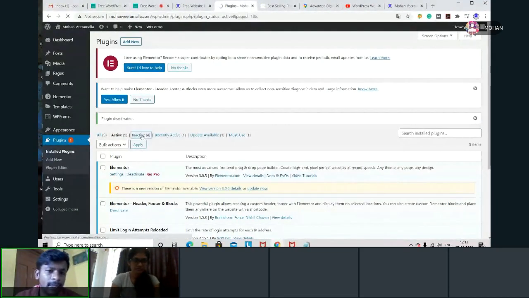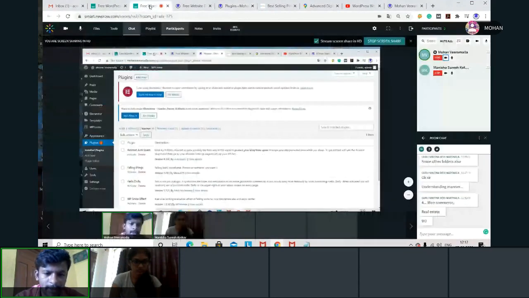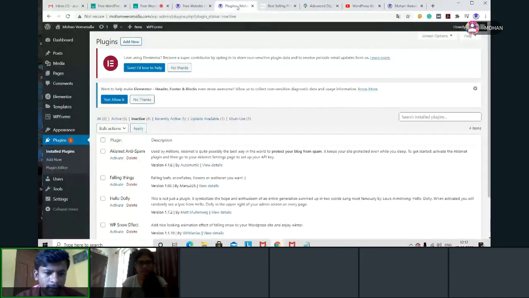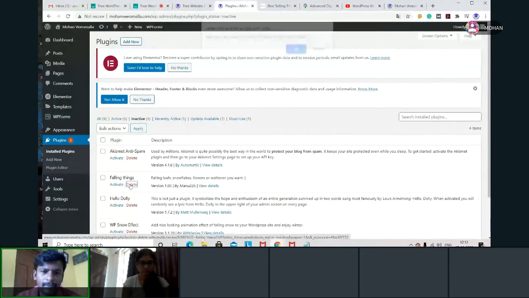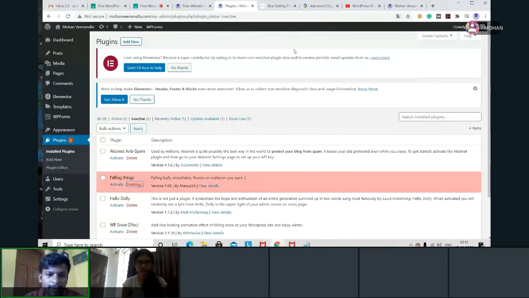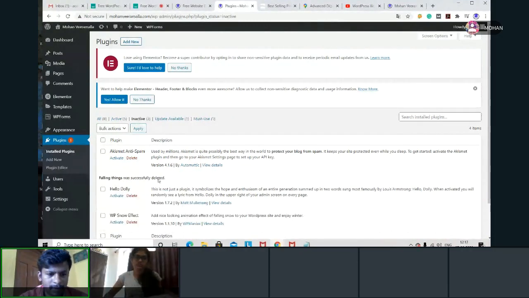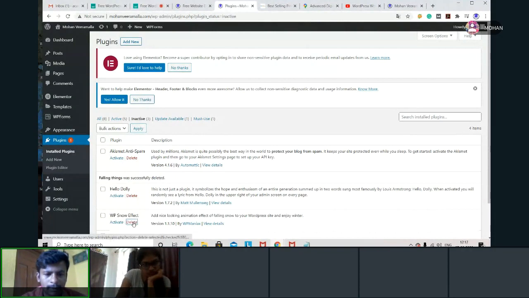Why I'm going here and why I want to delete is, see what I said, each software will have a size and that software will occupy your 30 GB. So remove the plugin which is not needed. Try to delete that plugin if not required. If you feel that you are using it regularly, then keep it in the inactive section. Whenever you want it, make it active. WP is no effect. Just now we have taken. I don't want this also. Simply delete.